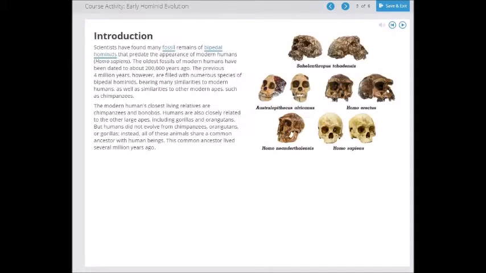against evolution. So scientists have found tons of fossils of organisms around the world that are what we call bipedal hominids, okay? And they predate the appearance of modern humans. The oldest fossils of modern humans are only about 200,000 years old. To put that in perspective, of 4.8 billion years, that's less than 2 cents if it was $4,800 for 4.8 billion years, right? So we're talking about an unbelievably short amount of time that modern humans have been on the Earth. But the previous 4 million years are filled with numerous species of bipedal hominids.